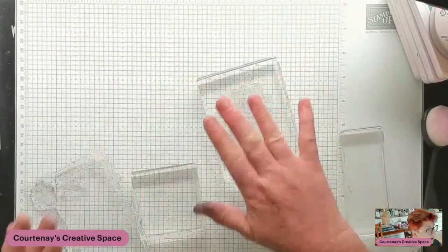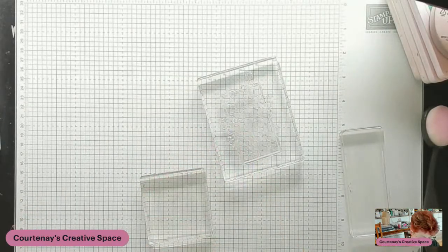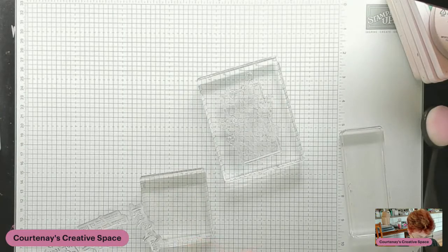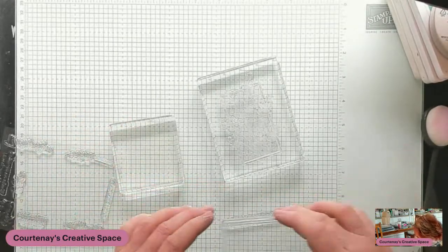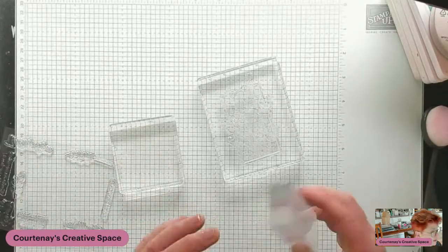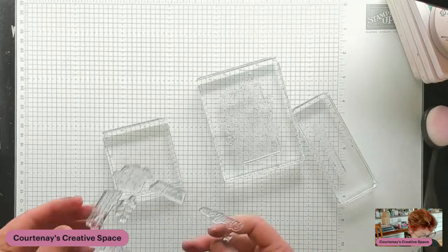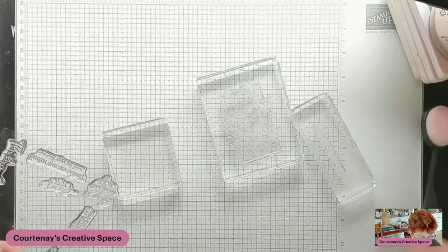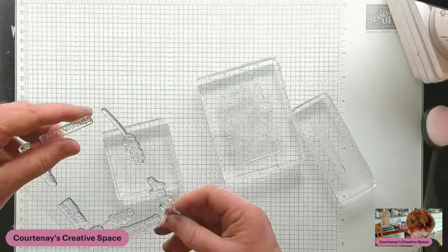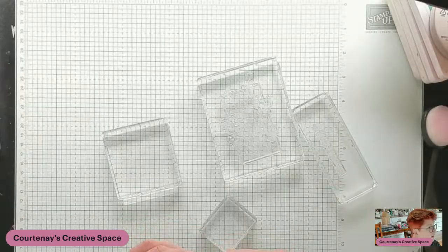Okay, and what I'm going to do is I'm actually going to case one of the samples that we have in the catalogue, or in the online exclusive examples. This is one of those stamps. The one that they've done is a get well soon stamp, which is not one of these. Oh yes, it is. There it is. They've done a get well soon card,